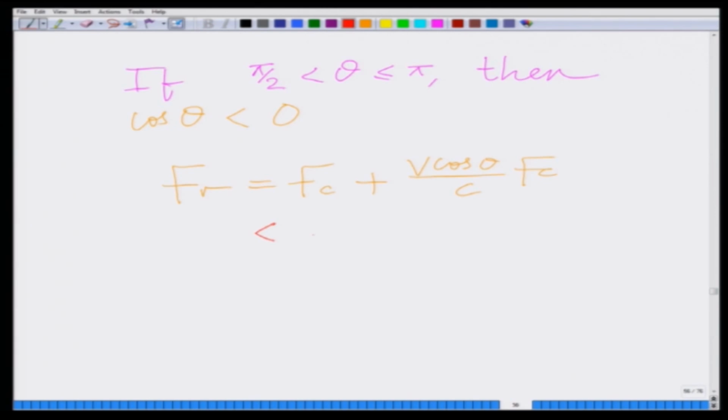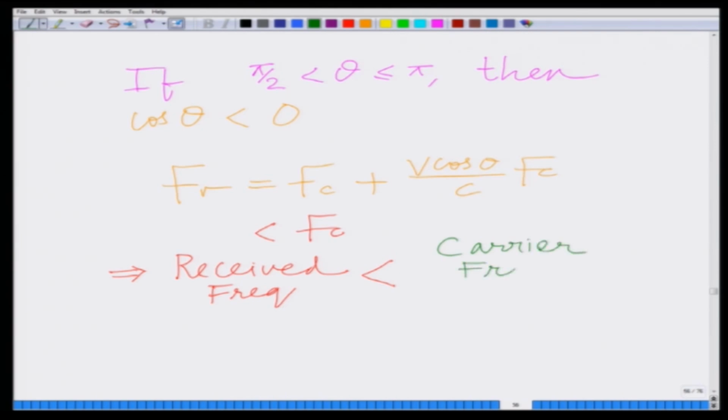This quantity is less than Fc, since cosine θ is negative, which implies that the received frequency is less than the carrier frequency, and this occurs when π/2 < θ ≤ π, which implies basically the mobile is moving